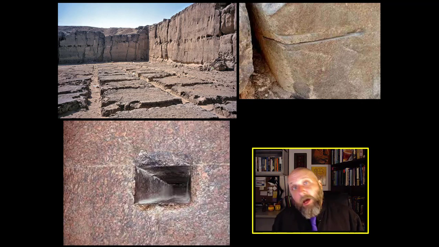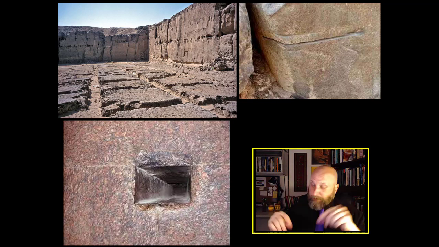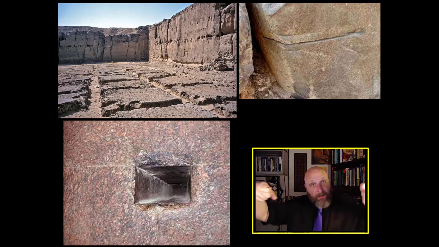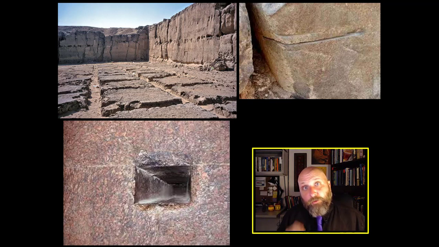And you don't need terribly complex tools to do this. In fact, looking right up above me, you can see that's evidence of one of the tools they used. Nothing more elaborate than a string saw, where you get a length of cotton thread, dip it in glue, and then roll it in either sand or crushed glass or crushed obsidian, whatever sort of abrasive material you have. And then you have a loop on either side, and you have pretty much a pretty decent saw. And then you grasp each end of that rope and just work it back and forth like that, and it will slice through stone. And in fact, it leaves very distinct marks when it slices through stone. And those marks look exactly like that picture right up above me.